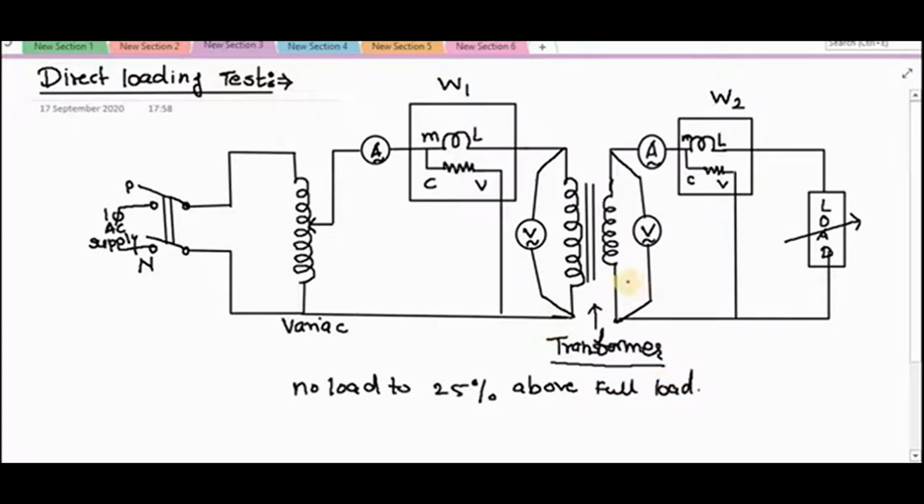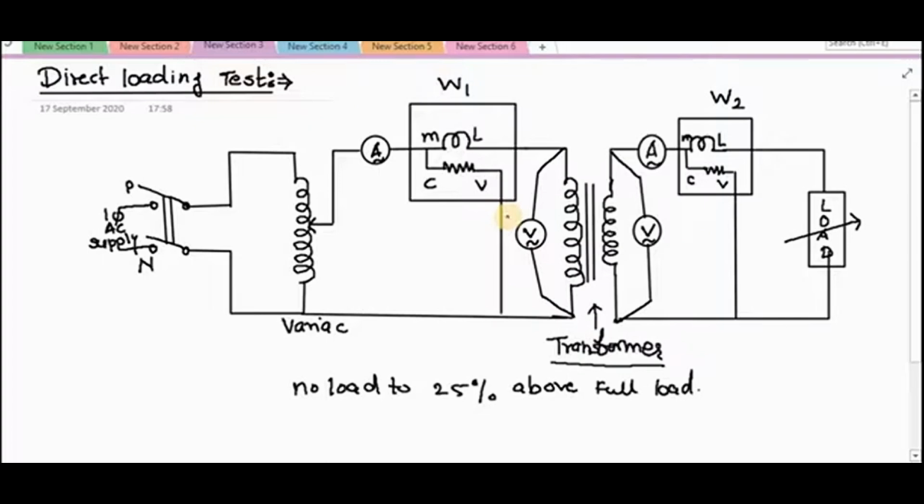And by introducing this variac or the auto transformer, what we have done is maintain the rated voltage across the primary throughout the test. And by maintaining that voltage constant, various